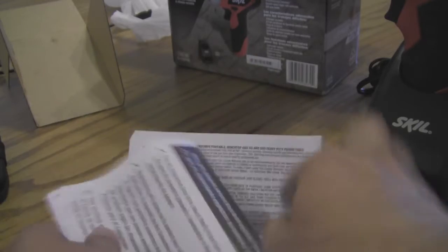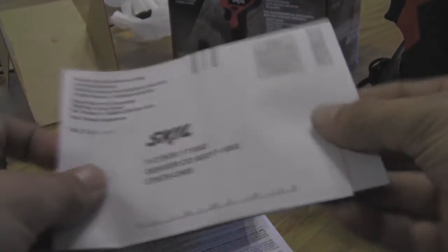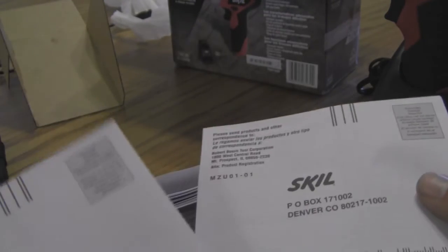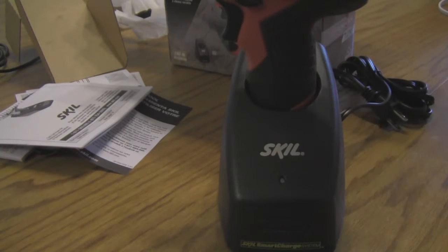It also has warranty information, which I will probably, actually I shouldn't say probably, I will send this stuff in, because it's always good to have a warranty on this type of stuff. And here's the owner's manual. I'm not going to bother going through it here, but I'll go ahead and give this a series of my